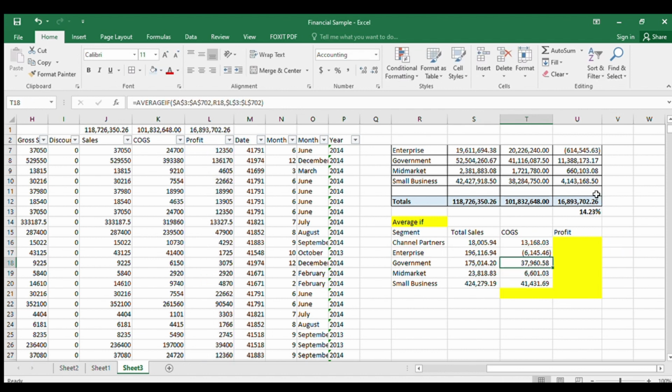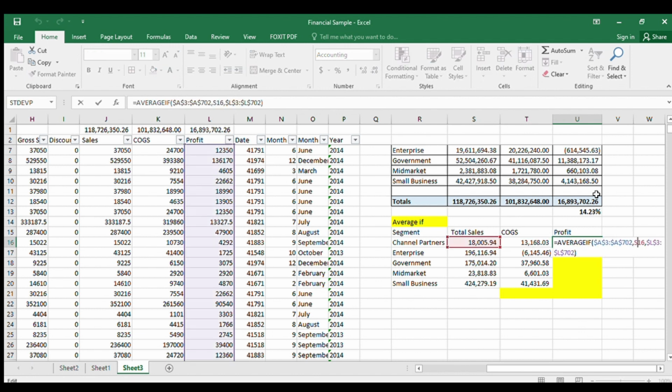Then we'll check again. Oh, on enterprise you have a negative COGS, cost of goods sold. Is it true? Again, so I have to copy again the formula. Then I have to change this again. This one. Again, and now on